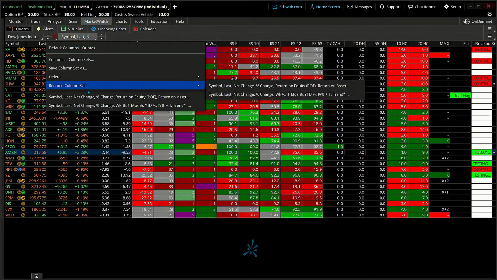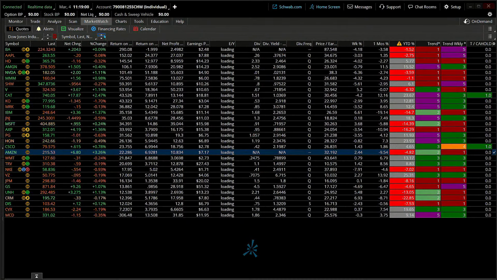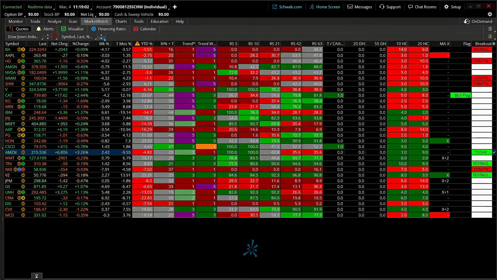So if I just go back to this, it's kind of nice, you can go up. And if you go up, it goes back to the fundamental setting. If you go down, it goes back to the technical setting. I just want to make sure you know about that, right? Now, I wonder if you said, hey, one of the ones that's kind of standing out to me is AMZN